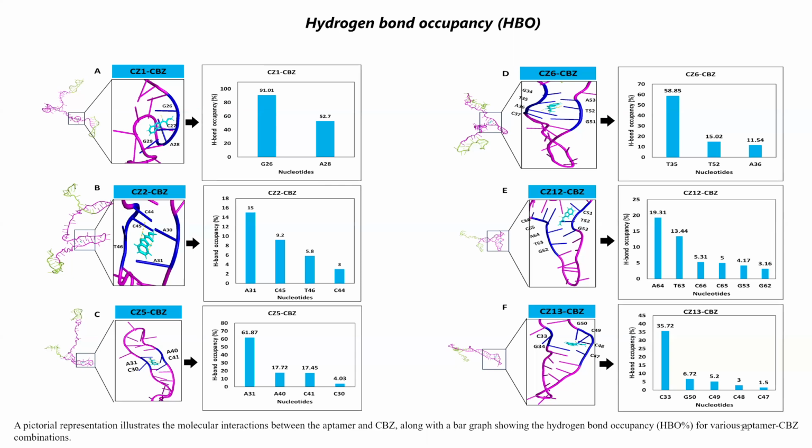Suppose that this is A28. If we replace this A28 with another nucleotide so that the hydrogen bond occupancy is increased, we can increase the sensitivity and improve the KD value of this aptamer, and we are doing this for the other aptamers also. There is variation in the hydrogen bond occupancy, as you can see here. One of the most important pieces of information that we got from this study is that this small molecule only binds to one binding region, which shows that only a single pocket is involved in the binding with the aptamer. So these are the hydrogen bond